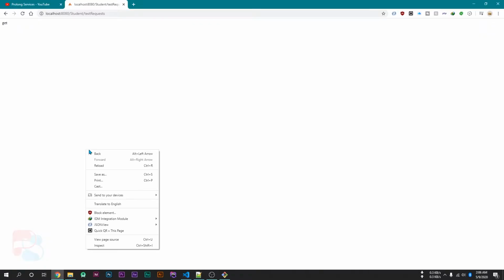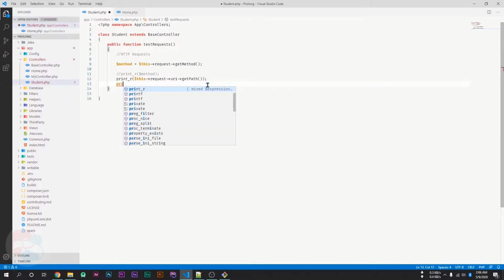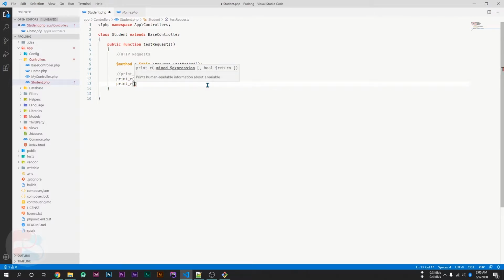Now if we try to reload, then we'll get the controller name and the function name. But if you need the full URL, then you can call a function which is base URL, like this, base URL. This function will return the current base URL, which is localhost colon 8080.